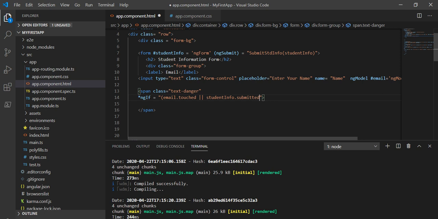Like this email is touched, like we have clicked on the control and student info submitted anything,